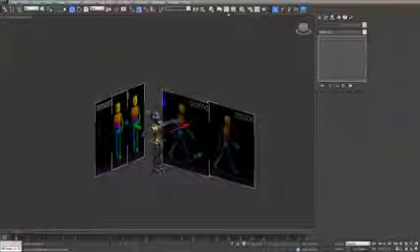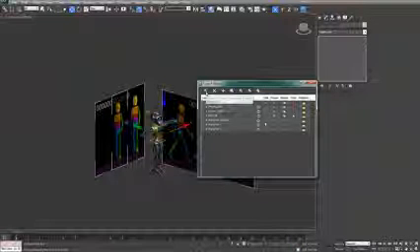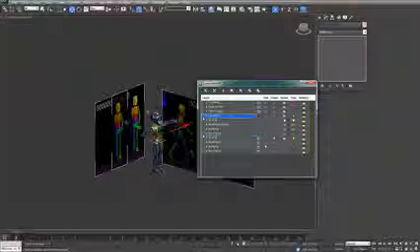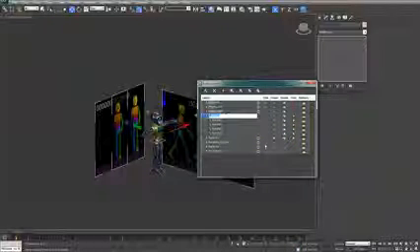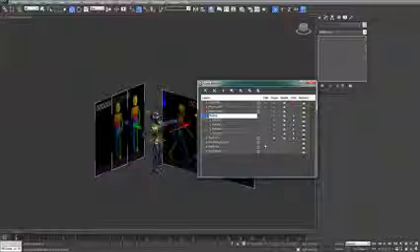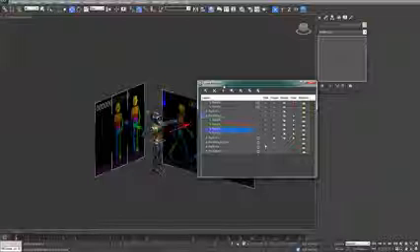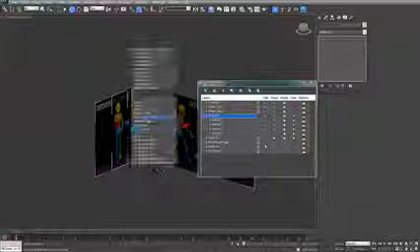Come up into my layer manager and just use the create new layer from selection. Click on that, creates a new layer, and in there are my 4 planes. I'm just going to rename that to reference. And what I'm also going to do while they're selected like this, I'm going to right click object properties and